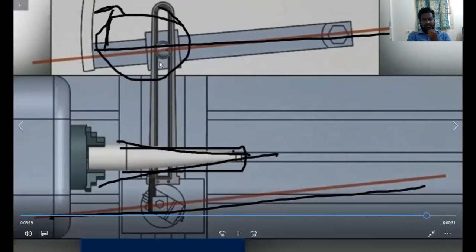This is the taper attachment. It is attached to the cross slide, right? And the guide bar is having